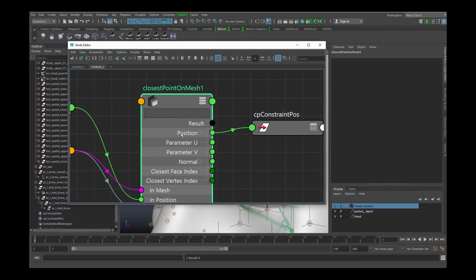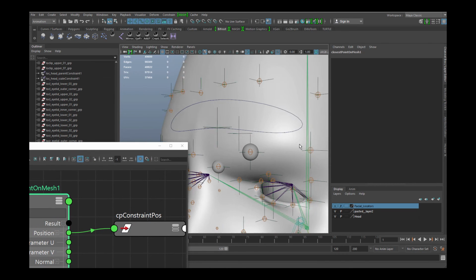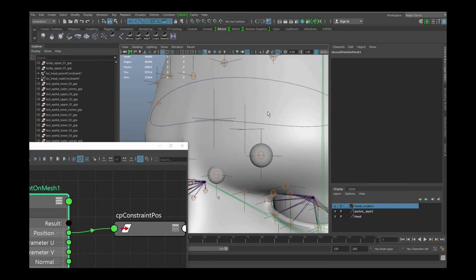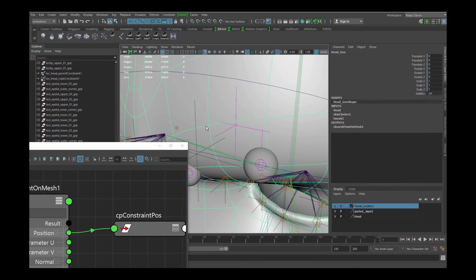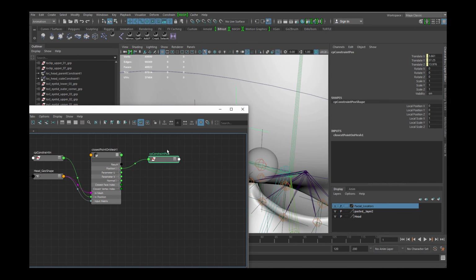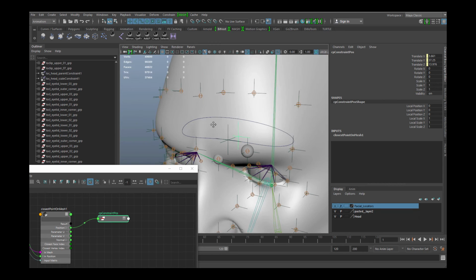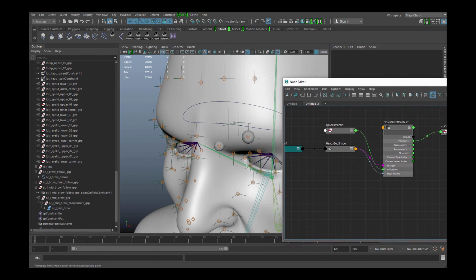Let's open its result, and you see the parameters U and V sampled, and this UV coordinate will be the UV coordinate of that point on the geometry. And notice that it doesn't have to be a vertex, it's just that particular location. It does have a UV coordinate, and those two values are the UV coordinate of that. So all I have to do is select the geometry,